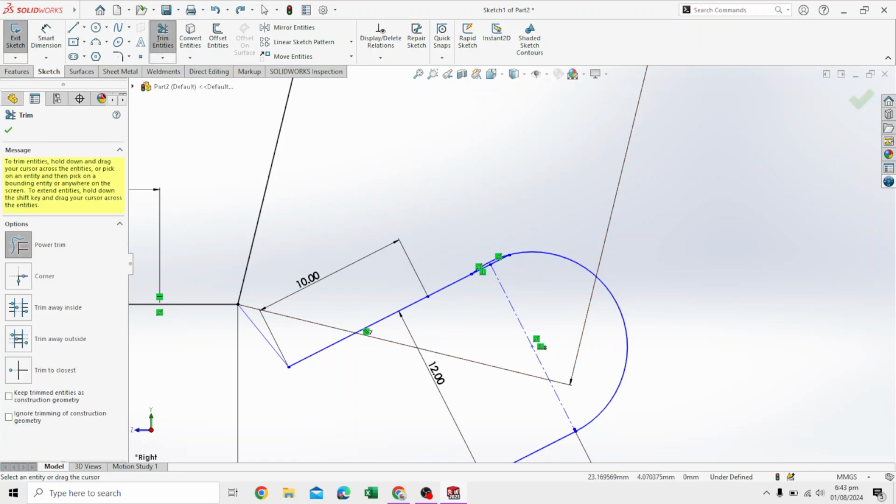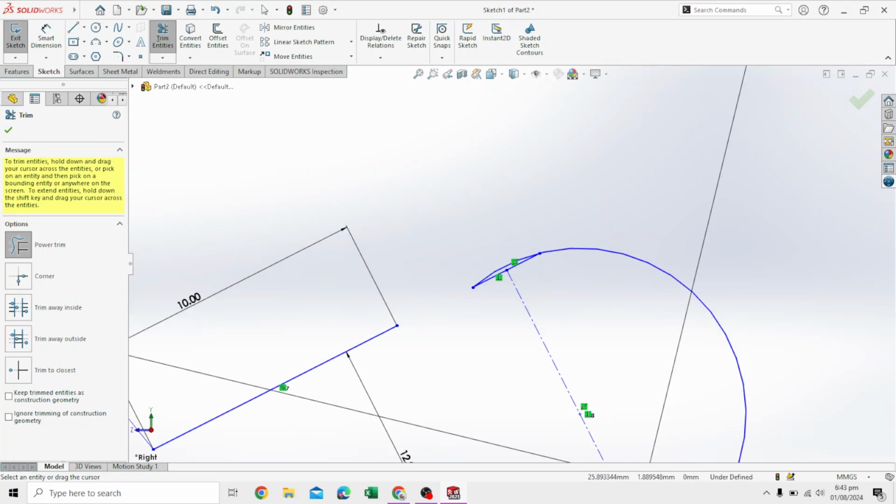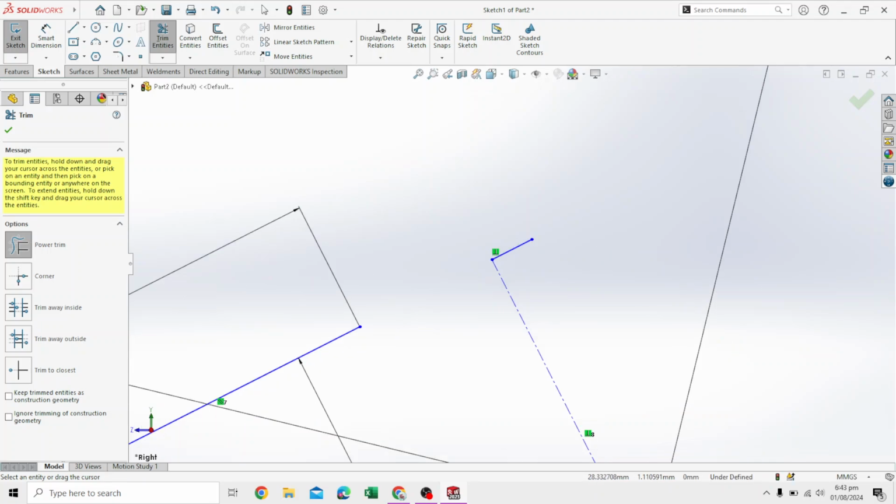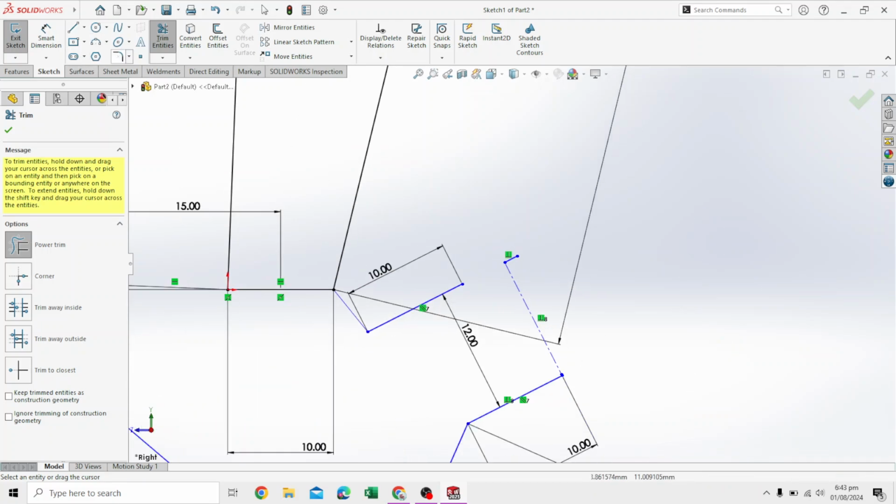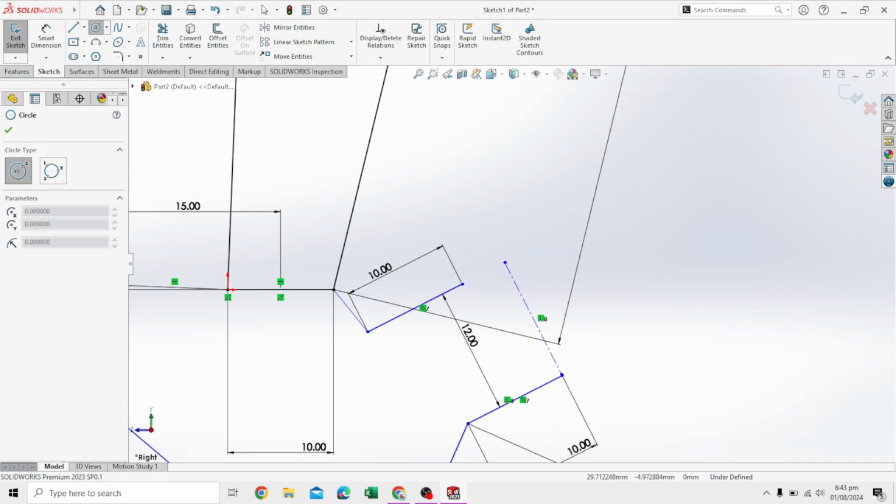Might as well trim this and trim the circle and draw this again in a way that makes this easier. From this center,